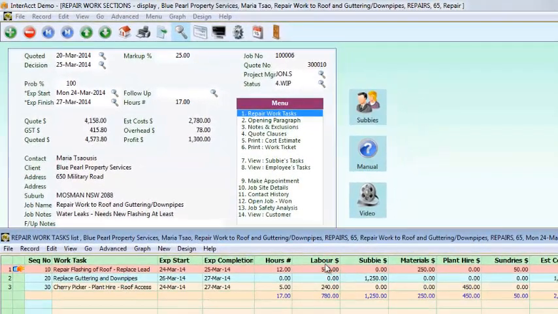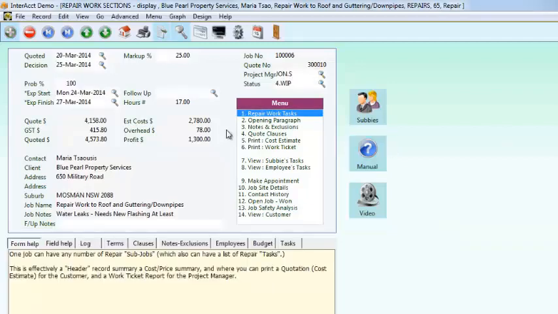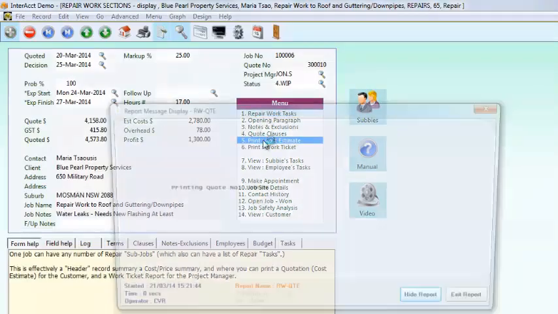But now here we're not breaking down the labour by labour class. We're not breaking down the subbies. We're not breaking down the materials by each item. It's just in total. So it's an even simpler way of producing a cost estimate or quotation, if you prefer to call it that. So what that looks like, if I just print the cost estimate, you may have seen